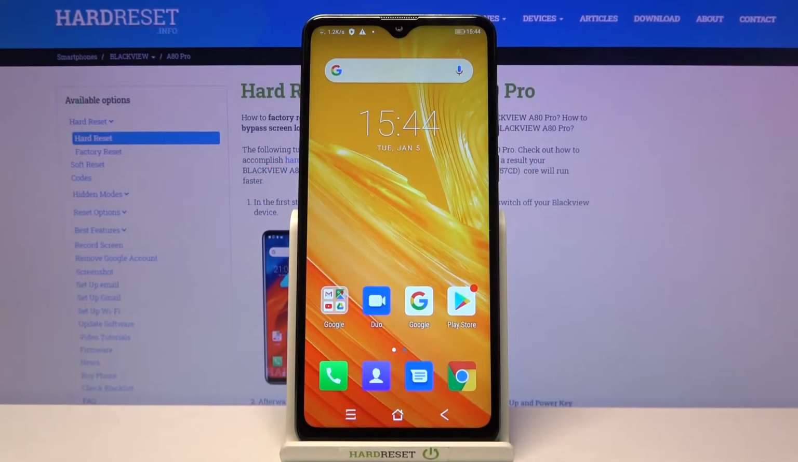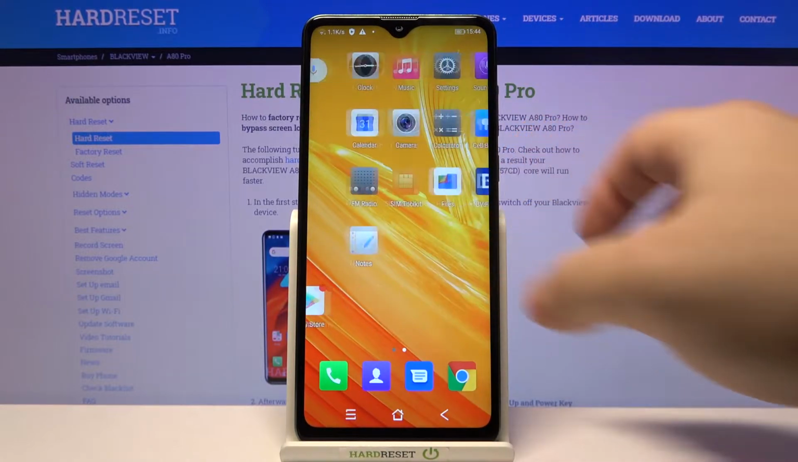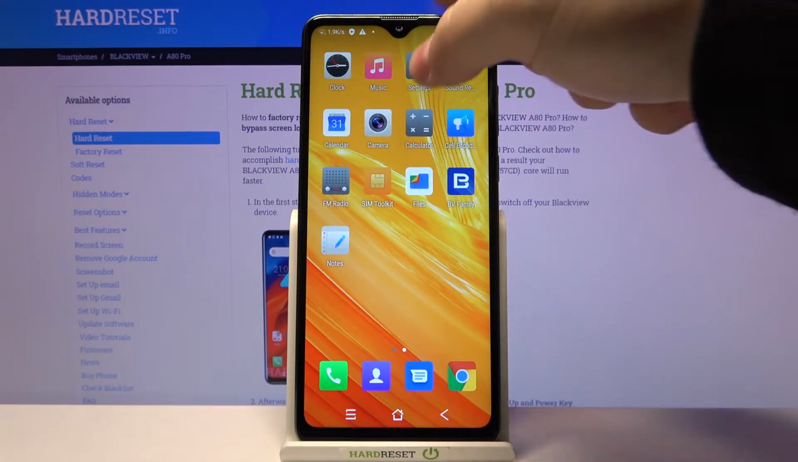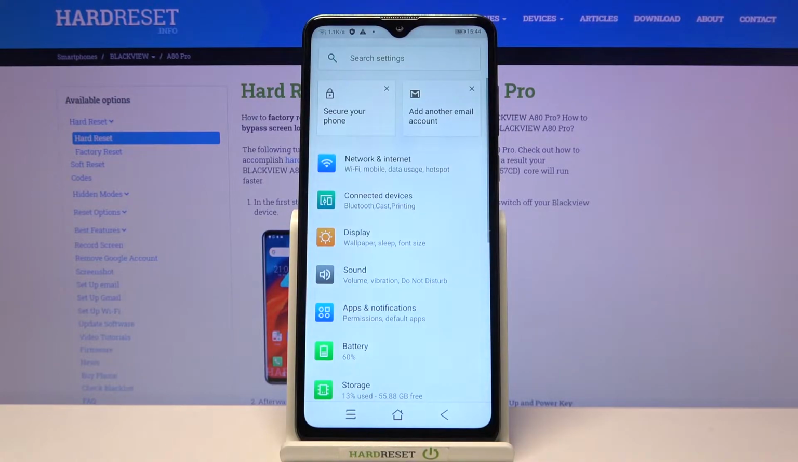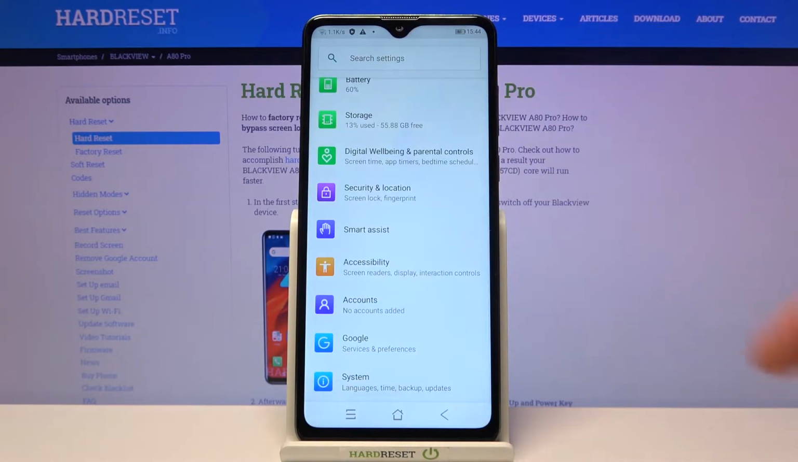Hi, in front of me I have BLACKVIEW A80 Pro, and I'm gonna show you how to change the keyboard language on this device. First, let's open the settings. To do it, swipe left on the screen to go to the next page, and here tap on the settings icon. In settings, let's scroll down, select the system,